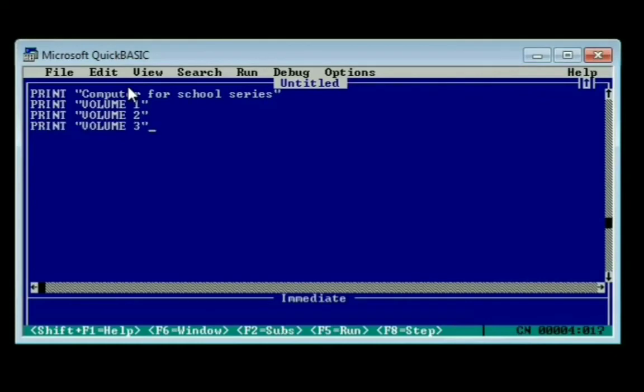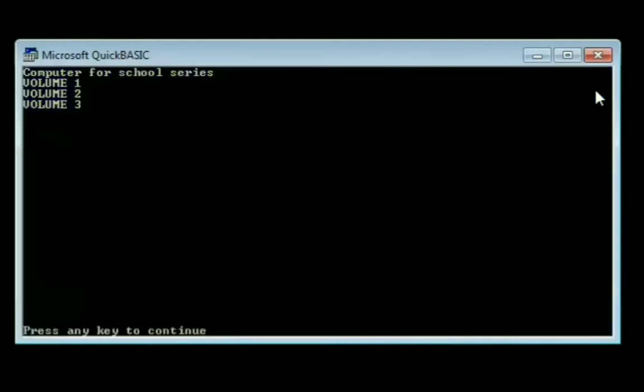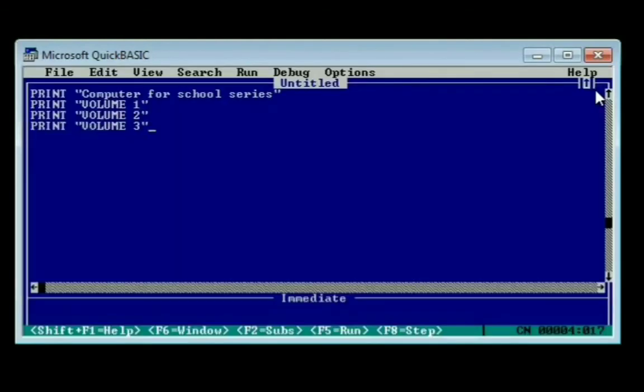Now after completing, I have to run this program. I will press the F5 key and will see the following output on the output screen. And to go back to my QBasic screen, I have to press any key from the keyboard so that I can come back to my programming window.